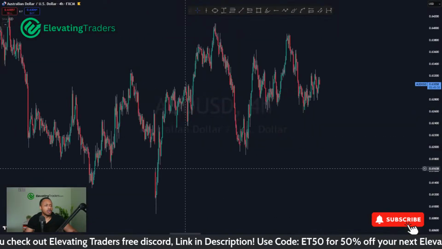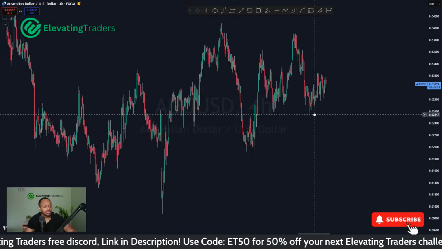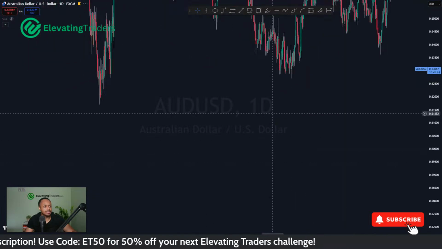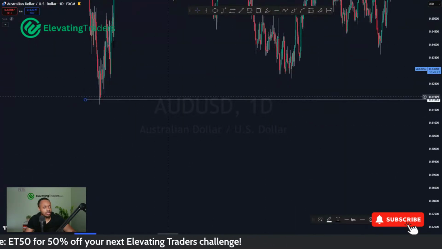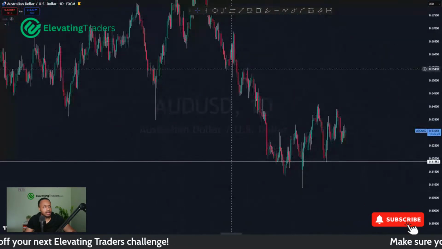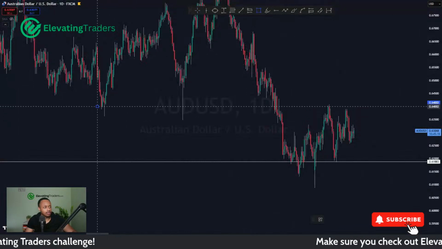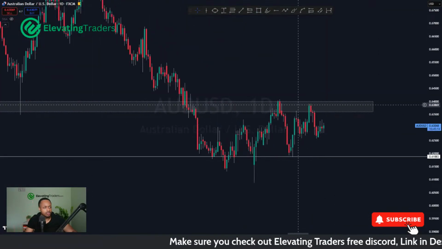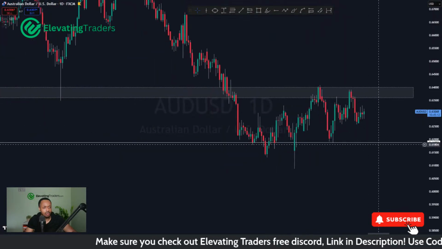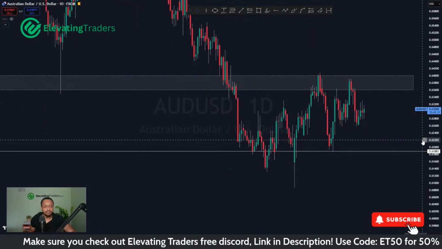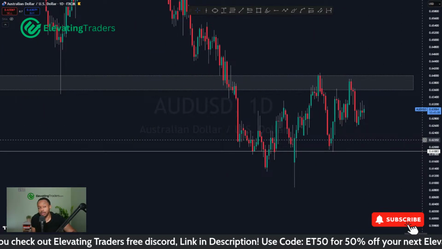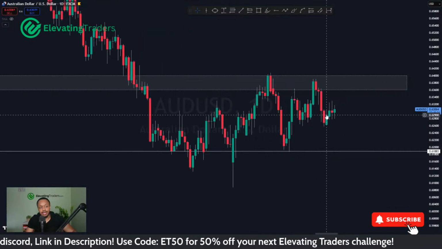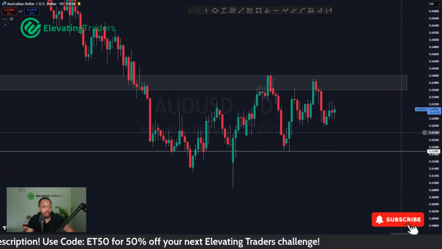In terms of Aussie dollar, still finding a little bit of trouble trying to push higher. Again, as I said with Aussie dollar at the start of the week, we may see a push back down into the swing low here in the next few days. We had a really strong level of resistance, which price has had a few attempts trying to break through, once over there, twice over there, and altogether hasn't really amounted to much. And of course, if the dollar is going to see some upside or continued upside, then that's going to be very difficult for Aussie dollar to push higher as well.